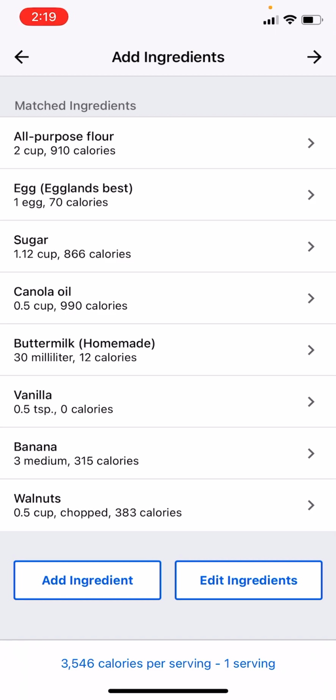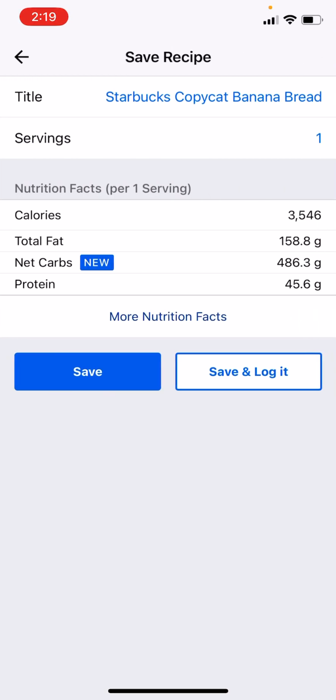That's a lot, but that's also for the whole loaf, okay? So what you're gonna do is hit the arrow next. Now, here's the deal. In the past, I've had an issue with it saving the recipe. Even if I just hit save, it's like I can't find it again, and then I have to go back and redo it. So the best thing to do is save it and log it, okay? And then it will show up in your